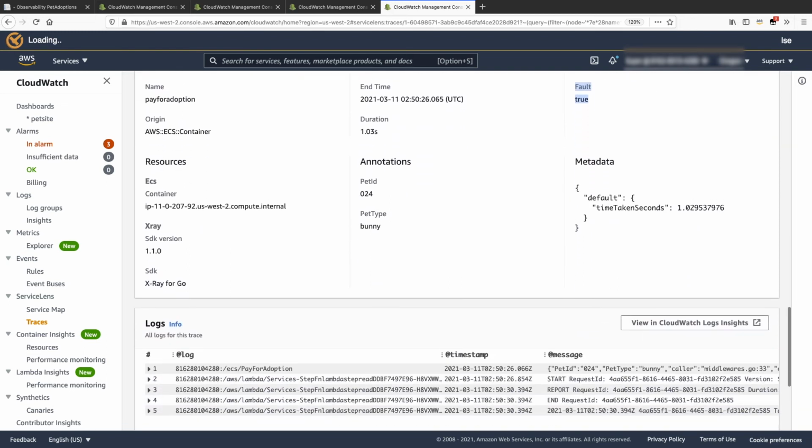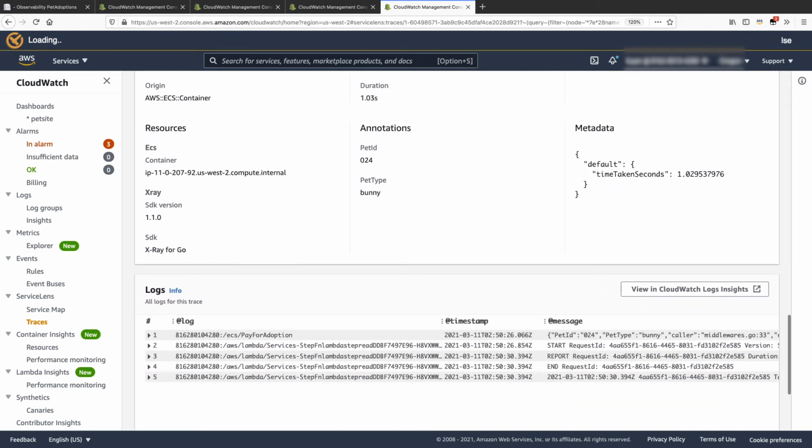Scroll down to the bottom, and under logs, you will find log data across different services captured at the moment this trace was recorded. In this example, you will be able to see logs captured by an ECS service, Pay for Adoption, and also the logs recorded by the Lambda functions, all at the same time.